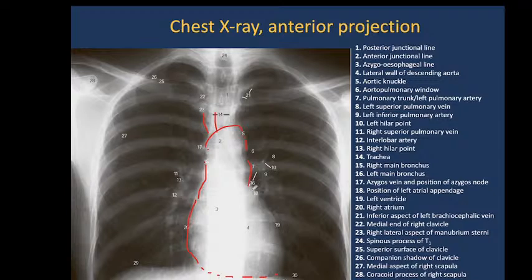pulmonary circulation. Then we see the left atrium, especially this part called the appendage of the left atrium, and then we see the left ventricle. It is a typical normal position. Usually doctors